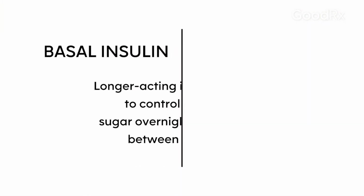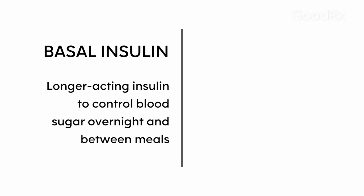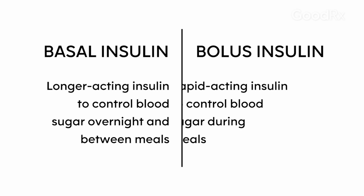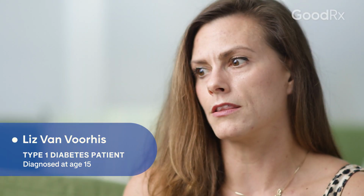A type 1 diabetic needs to use at least 2 different types of insulin. They need to use a basal insulin, which is a longer-acting insulin, and that's used to control their blood sugar overnight, fasting, and in between meals. They'll also need to use a more rapid-acting insulin that can cover their blood sugar spikes when they eat meals or snacks. I take a long-acting and short-acting insulin throughout the day. I ultimately found the right levels and dosages and type of insulins that work for me, and I'm very happy